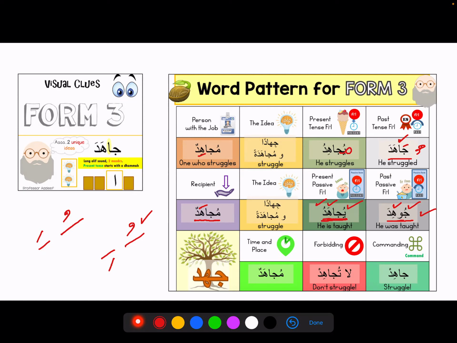And mujahidun, when we say ism fa'il, what does that mean? The person who's doing the action, the doer. And how is the action different from fi'l? Fi'l is a one-time action and ism fa'il is the continuous process. Exactly, right? So for example, we say teacher, muallimun, right? Muallimun is basically a profession, so this is a continuous act.